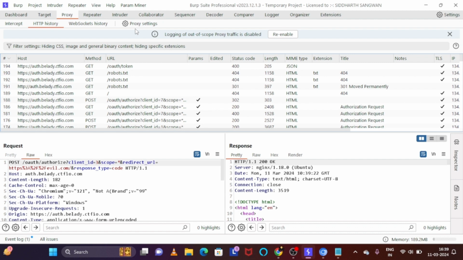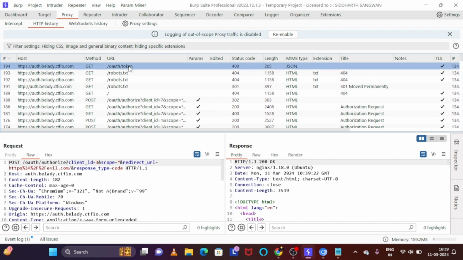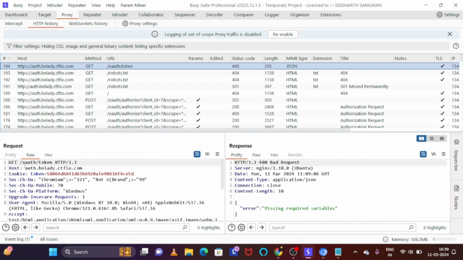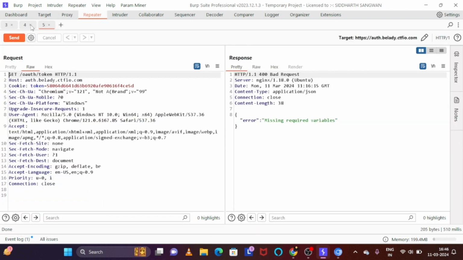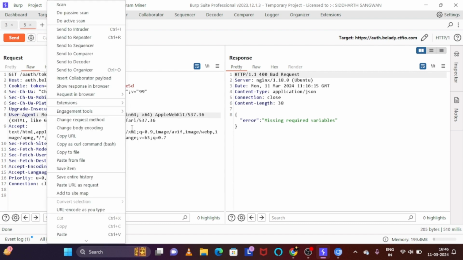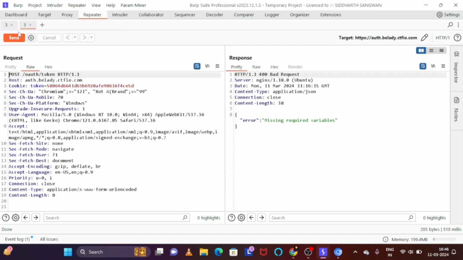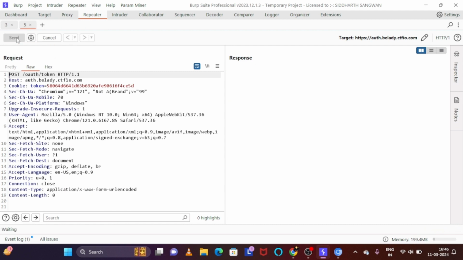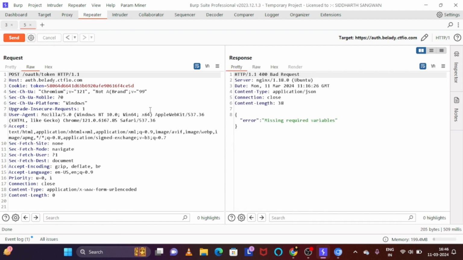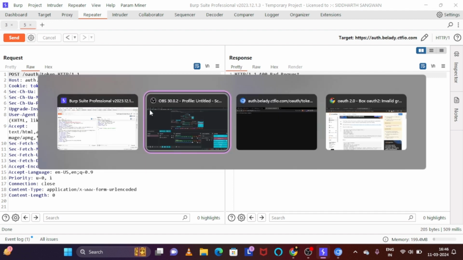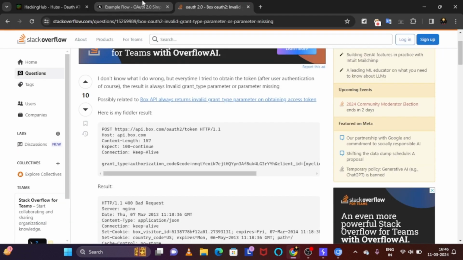Alright, so using fuzzing, you can discover an endpoint, OAuth token, I think, which is used to validate the auth code, and which will provide us the bearer token for that account. So what I'm going to do is send it to the repeater and analyze. If I replace the method from GET to POST, it will also say missing required variable. So at this point I also got stuck,